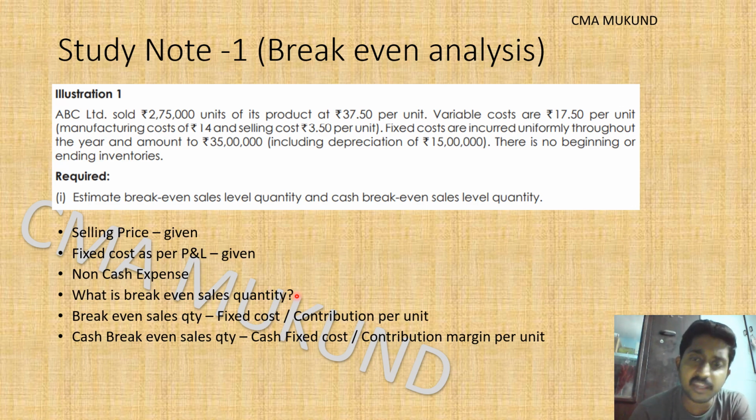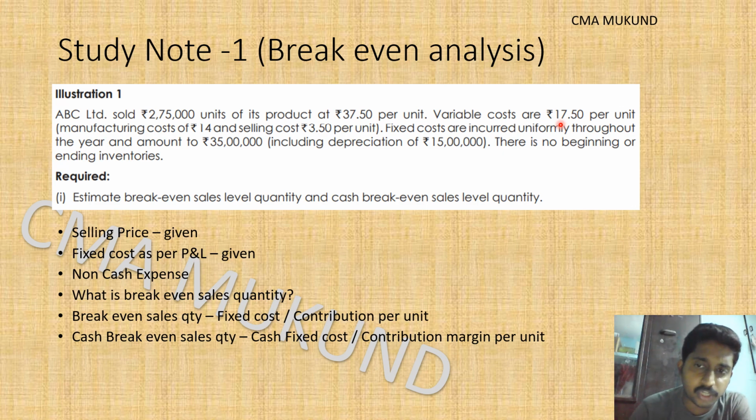Sales break-even can be expressed in various factors. Here sales quantity is the factor. So we are selling such a number of units at which there is no profit or loss, and we have taken back all our cost, especially the fixed cost. Now we will go to the main formula. For the break-even sales quantity, the contribution is nothing but the selling price, which is 37.5, minus 17.5, which is 20 rupees. So 20 rupees is the contribution, and this contribution is per unit.